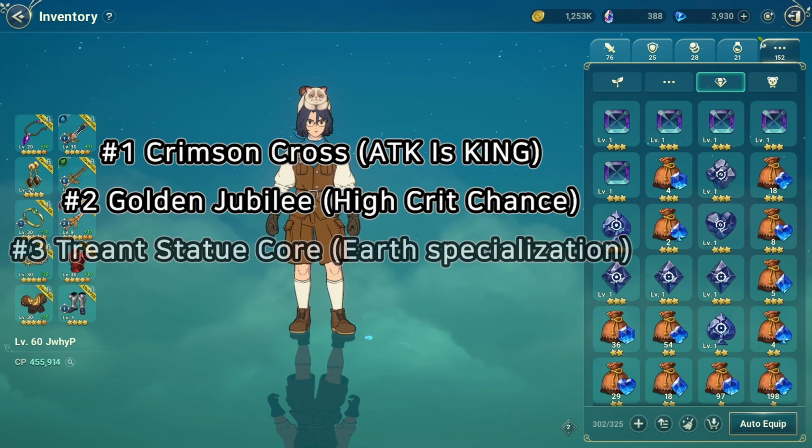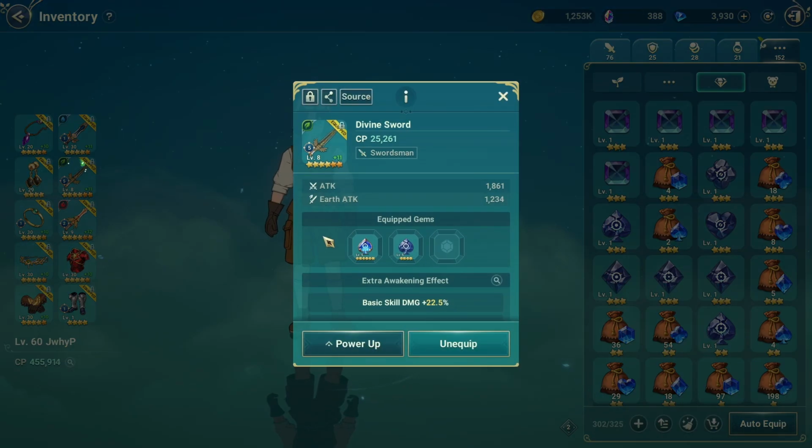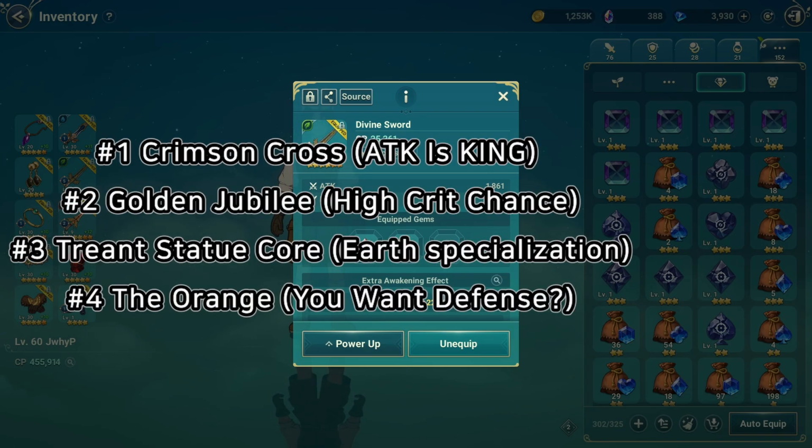As for the Treant Statue Core, you can put it on your earth weapon if you want to be earth specialized, but do note that if you put a Treant Statue Core, then your earth weapon is not going to be as useful when it's used as a sub-weapon. And lastly, for the orange, I don't think many people will go for this, but